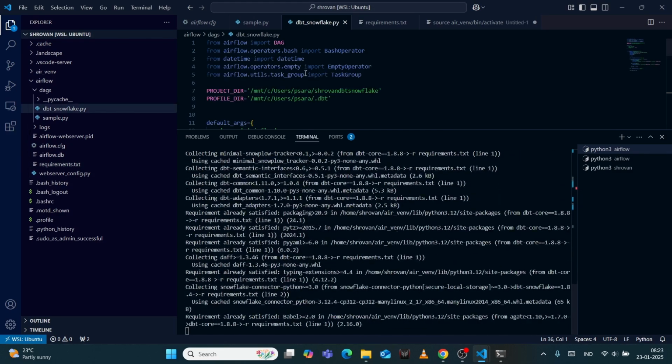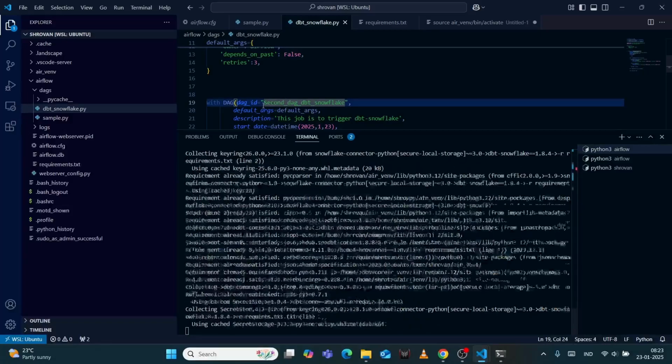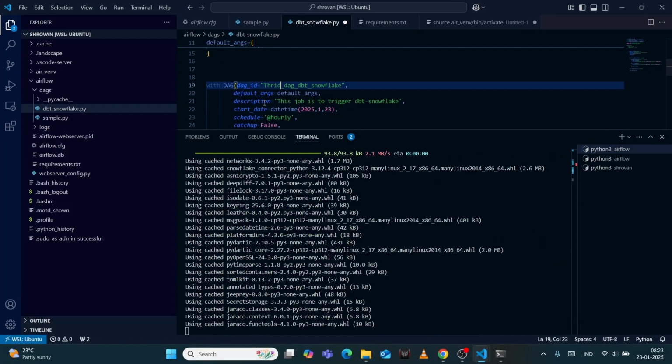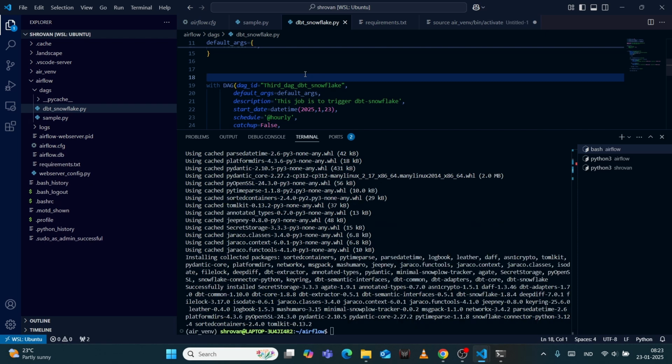Okay. Now, DBT Snowflake, I'm going here, and this is not my second tag anymore, right? So this is my third tag. It's not mandatory that you need to change the tag ID every time. That is completely fine. We can just run it and then rerun the schedule. But why I did it is so that